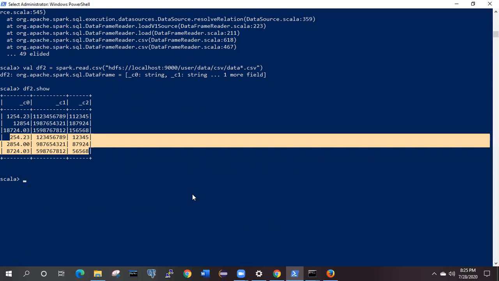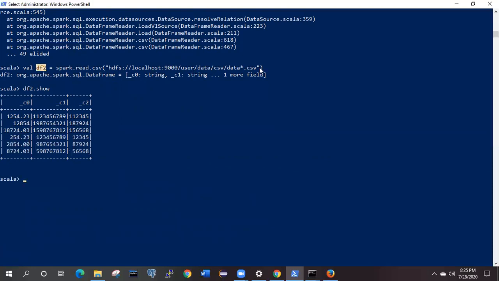Now the same thing, if we want to write the data into CSV format, and write it into HDFS or any other location, how are we going to do it? This same data df2, which we have read from this one, I will write into HDFS. So df2 is the data frame where the data is present, dot write, and we get this write API.